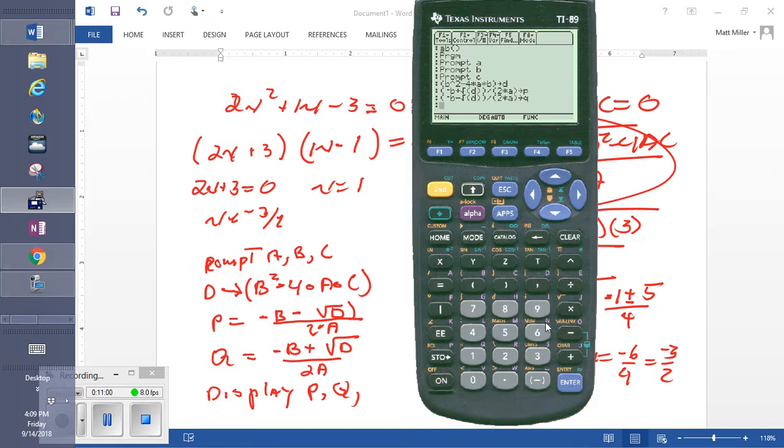Okay. Lastly, we want to display. We've put in the A, B, and C. We've manipulated the A, B, and C, but we have to see the answer. So F3 is going to be telling us to display, okay, and display P comma Q. That's alpha P comma Q, alpha Q, and